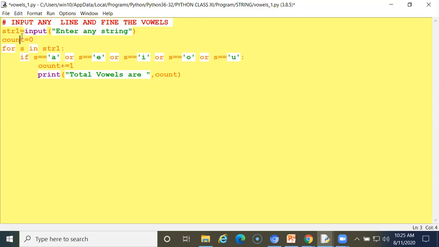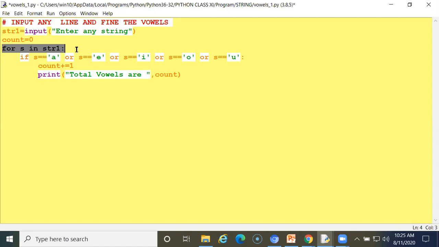So first, what I am taking, str1 is a variable. What is str1? This is a variable in which I am getting the value, and count is a variable. What is count? It is a variable which is assigned 0.